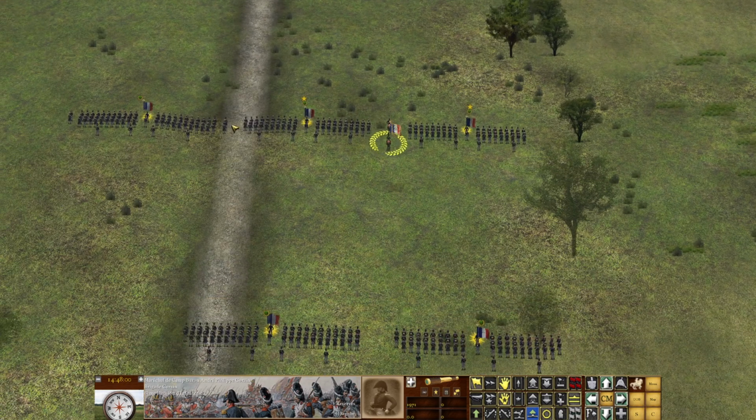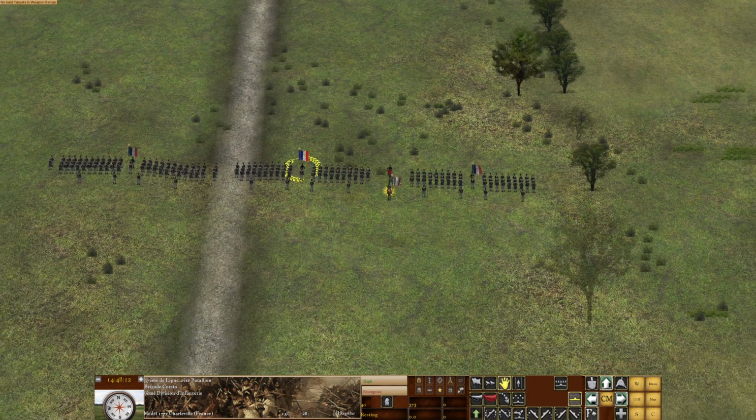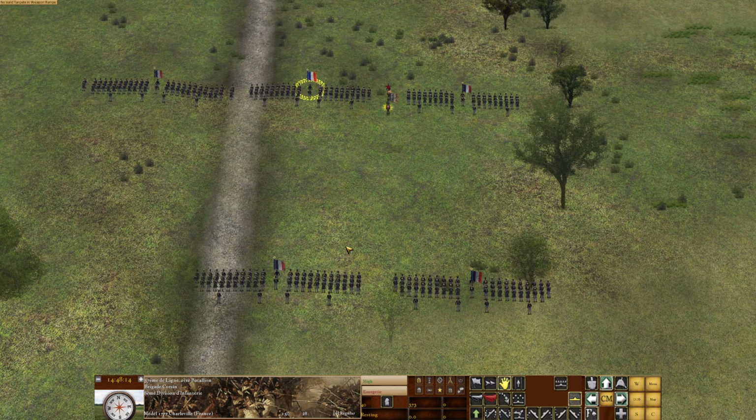Now, the stock game has this formation too, in terms of a brigade level double line. However, the difference between that formation and the Grog's one is once again you get the 3 rank lines. So you get a tighter footprint with the